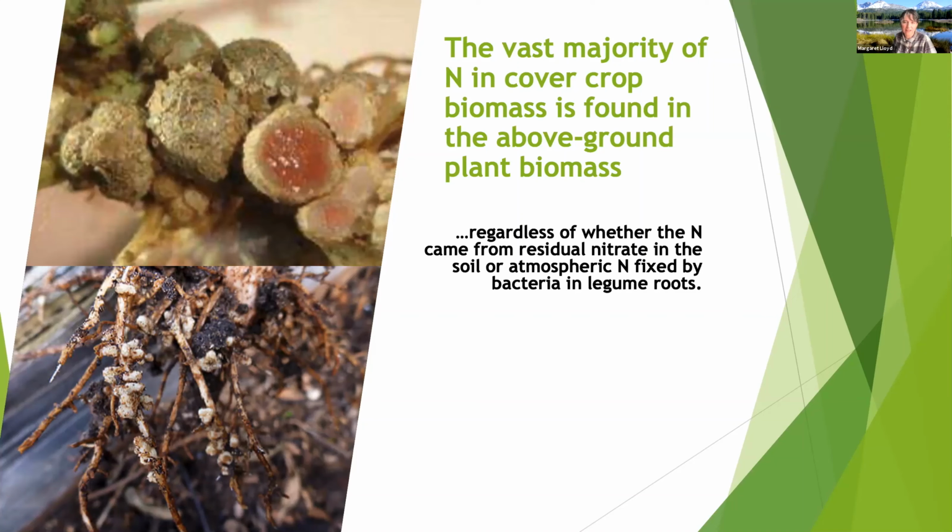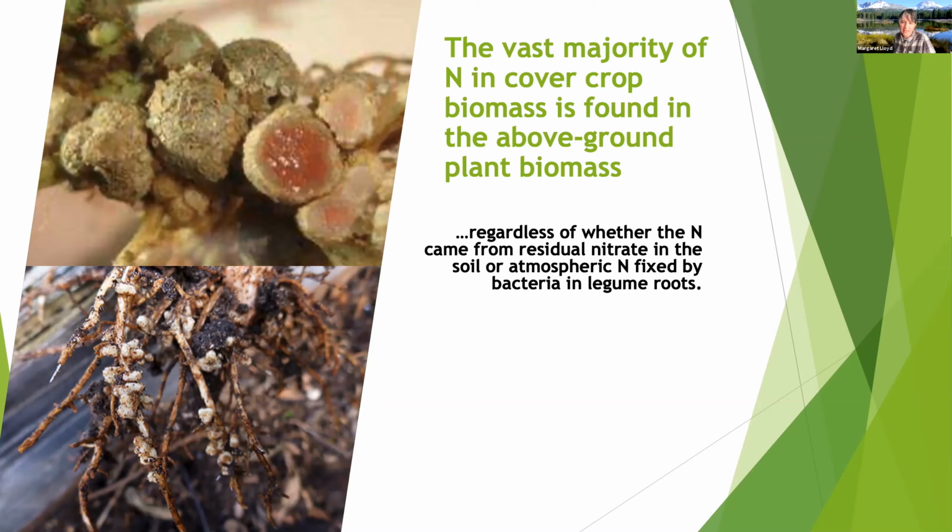And this exchange is not free. The legumes can invest as much as 20% of their net photosynthate production to supporting those rhizobia. And the rhizobia share nitrogen that they could otherwise be using for self-growth and reproduction. And this exchange occurs in those roots. However, that nitrogen is translocated to the above ground plant growth for the most part.